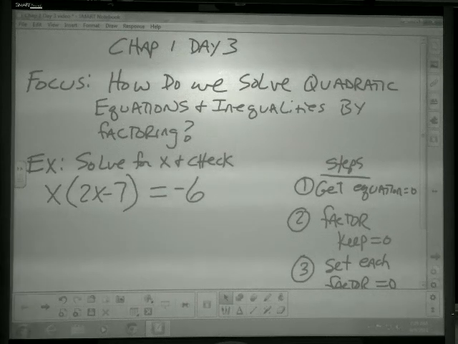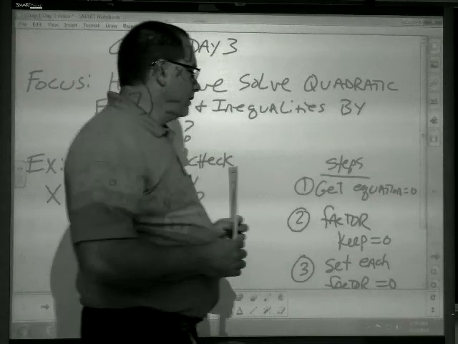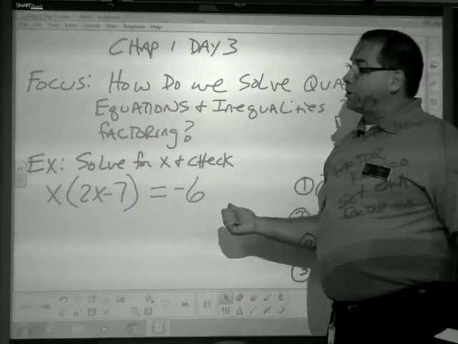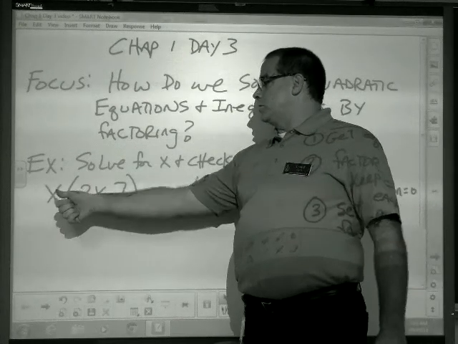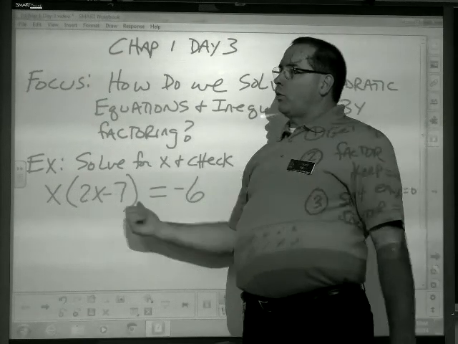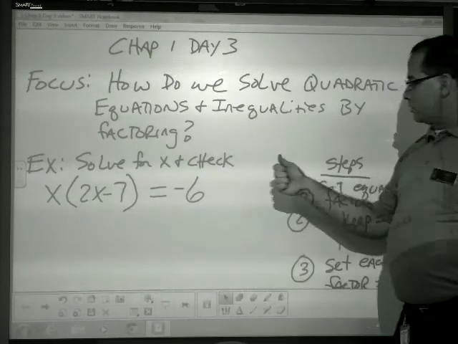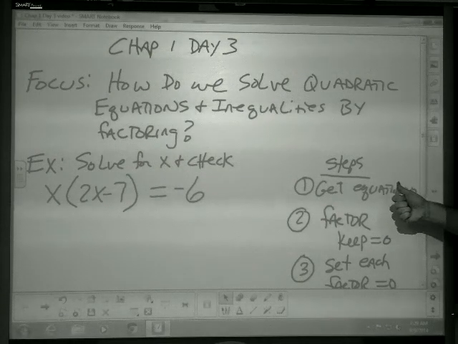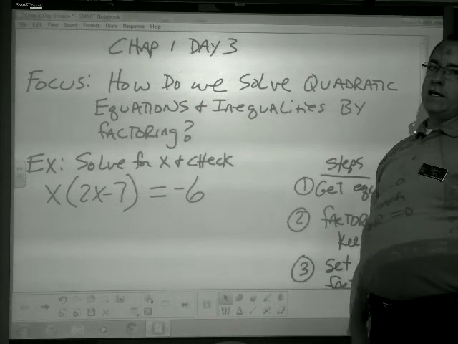So the problem might start out: solve for x and check. Okay, so here's the problem. It doesn't look like a quadratic because I don't see x squared, but there's some work here that I could do first. Does it mean we always distribute first? No, but we need to get the problem simplified first. And the first thing we need to do as well is we've got to get the equation equal to 0. So if you remember back to when you did Algebra 1, you have to get that equal to 0